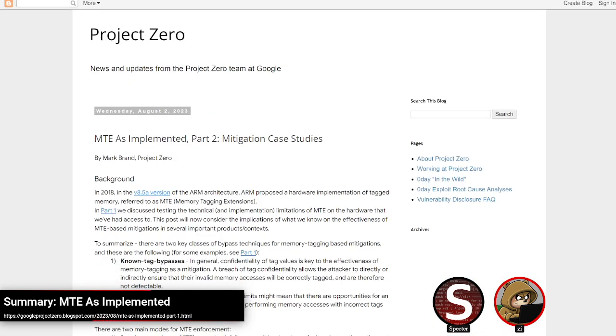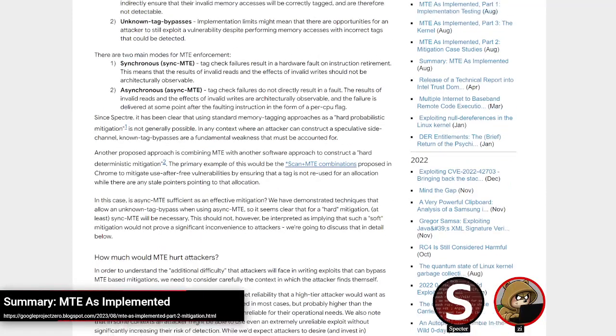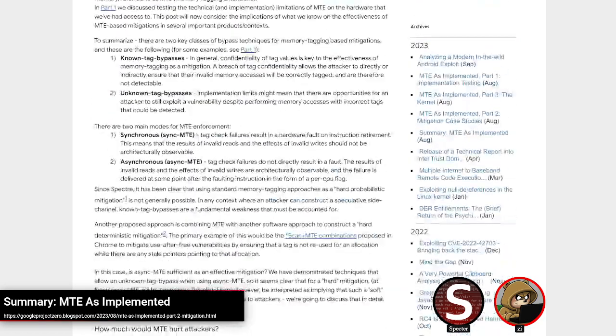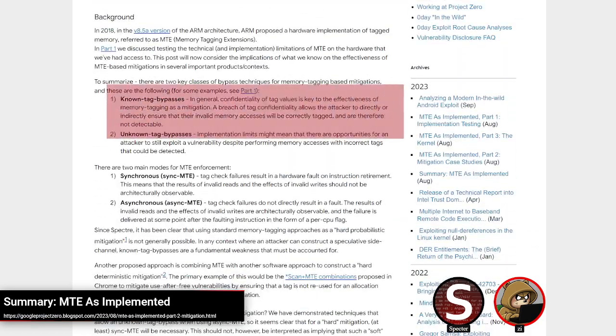Like I mentioned, they do have these case studies in the second post. It has this interesting table saying, in a Chrome renderer exploit, how likely is it to have a no tag bypass of some way, like speculation or whatever of leaking it, or having their unknown tag bypass. Again, terms that they define right at the top there.